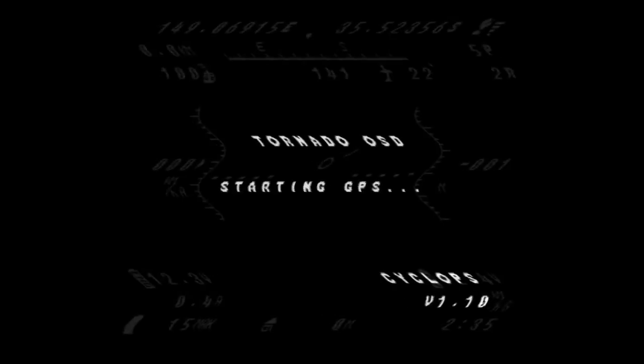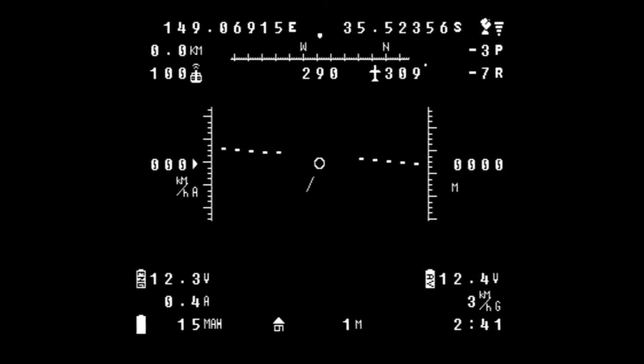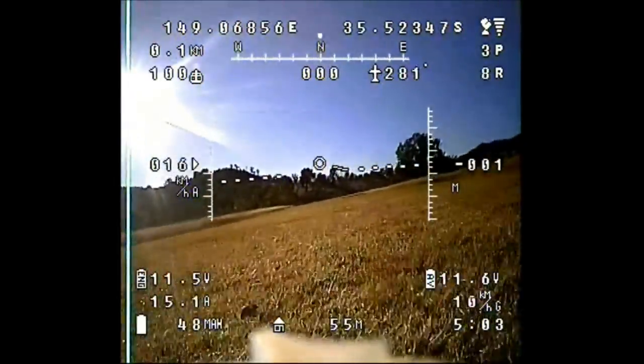So a couple of hours later I decided to have another flight, put another battery back in the plane, and the Tornado autopilot doesn't fire up. Can't start the GPS, so I pull the battery out and reconnect it, and do that a couple of times, and eventually reach inside the model and jiggle the GPS antenna connection to the OSD, and lo and behold everything comes good. So I just put the problem down to a loose plug and don't think any more about it, and take it out to the strip